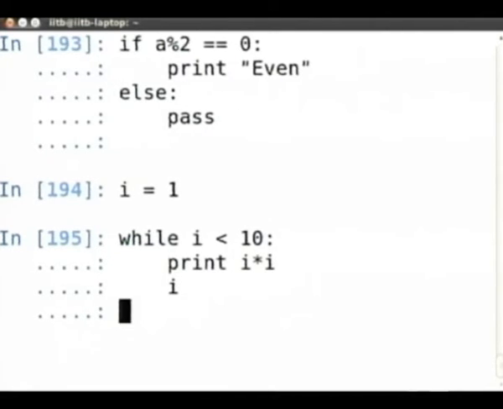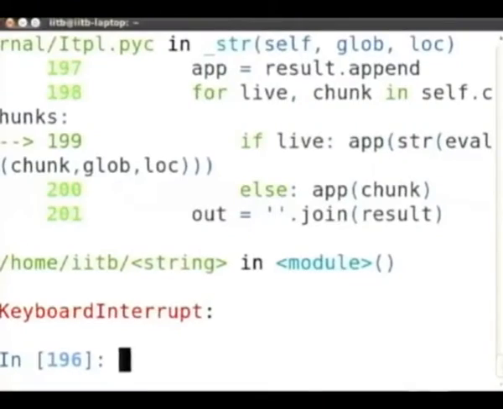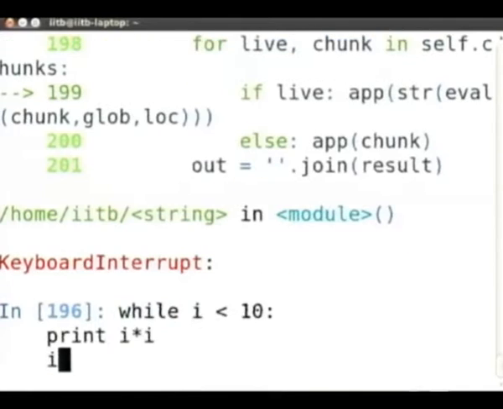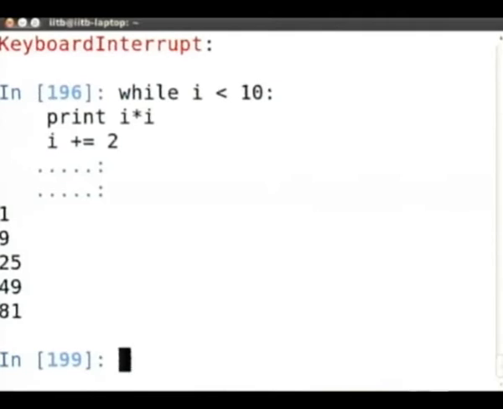2. So you will also make mistakes when you type. Unfortunately, the version of IPython I am running does not seem to have multi-line editing. The first mistake you can make is you forgot to increment the counter. Now it's going to go into an infinite loop. So how do you stop? Press Ctrl C. Okay, it will get out of that. So now let's go back. I plus equals 2. So now it's printing the squares of all odd numbers less than 10 using while.